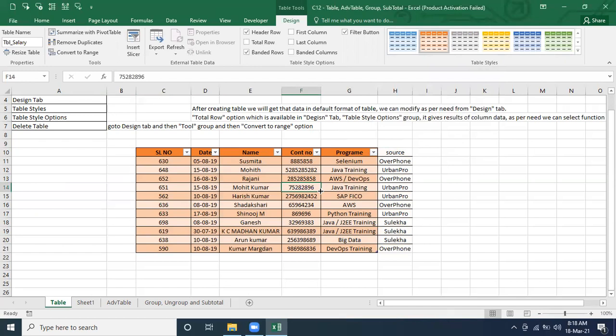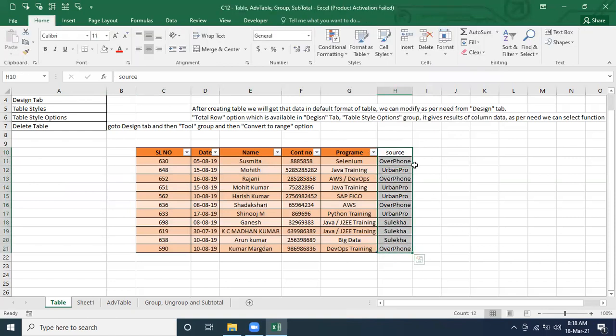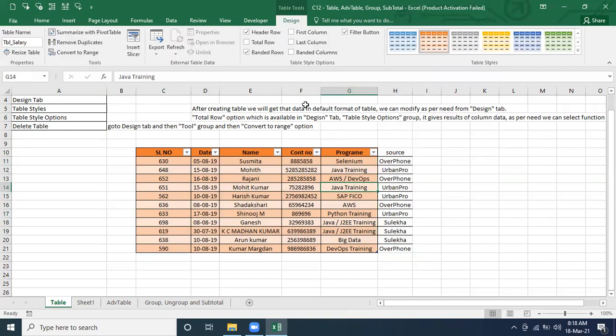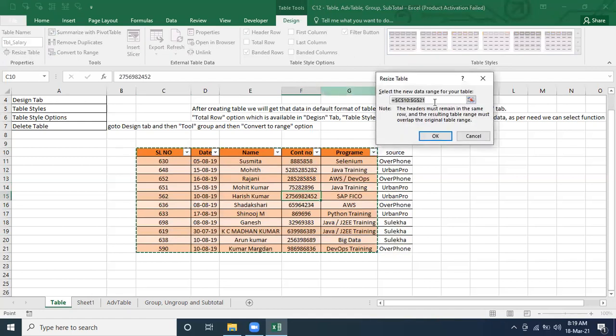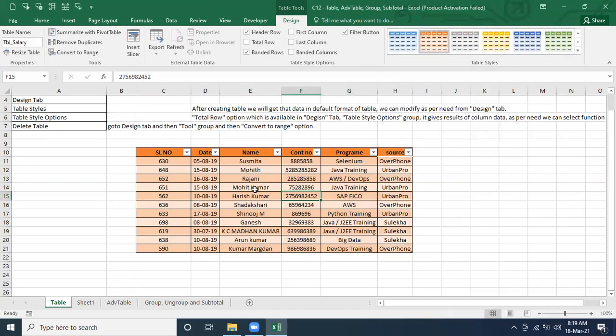That's it. Now this range is converted into the table, and this one is behaving as normal data. Correct or not? Is there any design type for this column? No, there is no design type. And as soon as we reach this cell, the side cell tells us this is table one, and here this many properties are available. So resize again. I am going to do till H. You can resize at runtime.